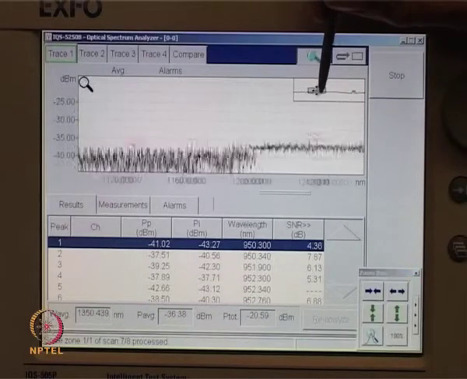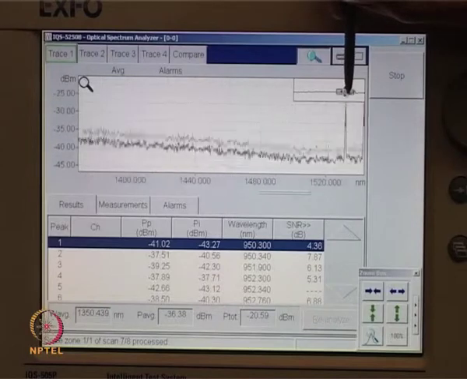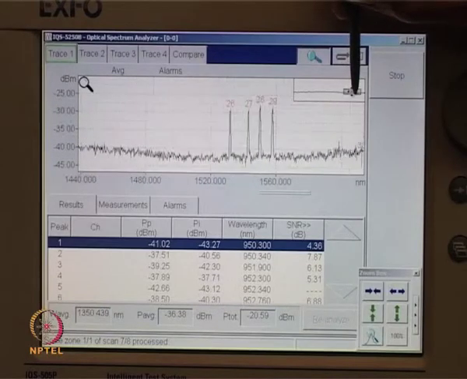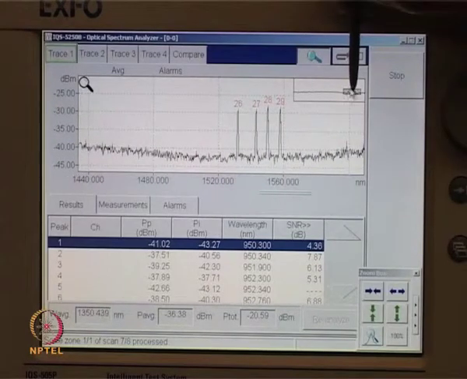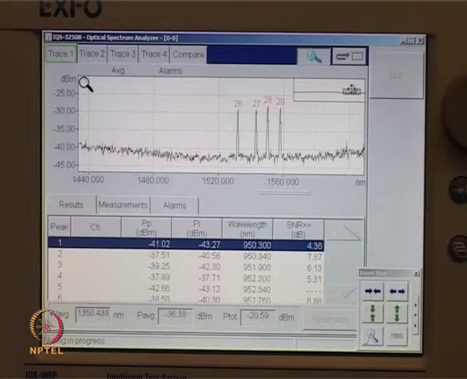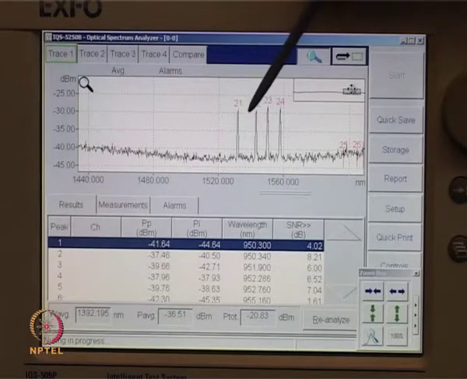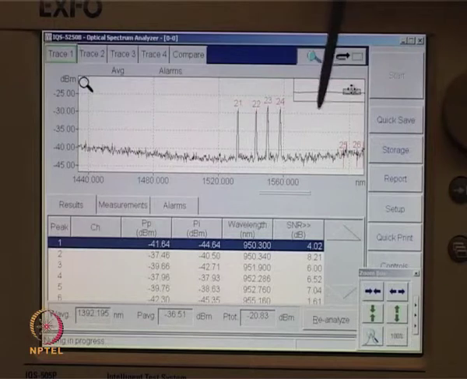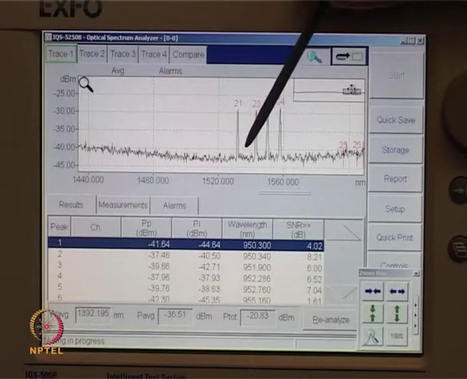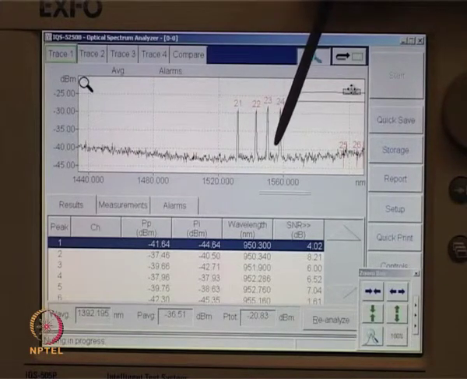The process shown here is to zoom properly so that the required peaks on the spectrum analyzer are clearly shown. Numbers 21, 22, 23, 24 show the markers and respective readings on the screen display.